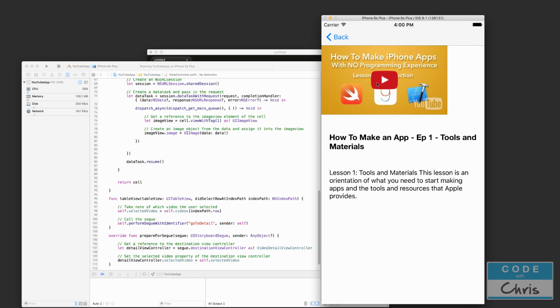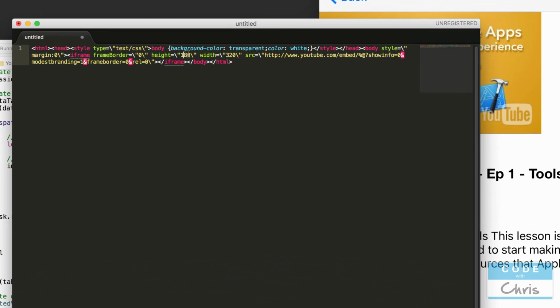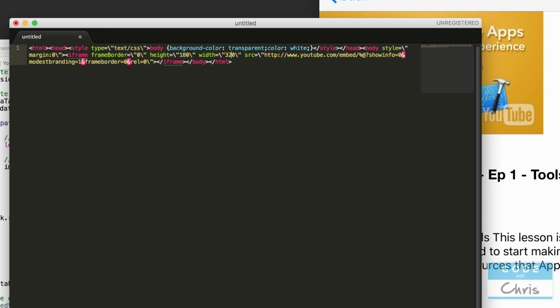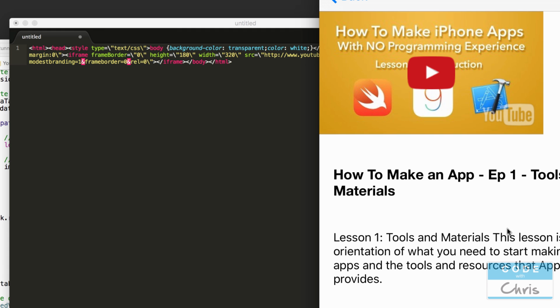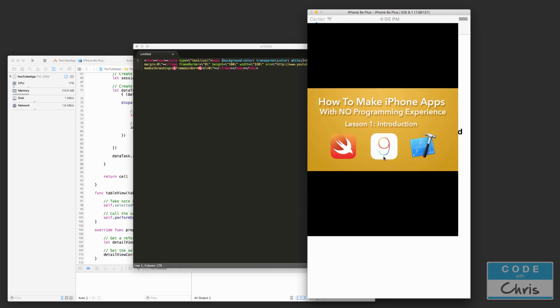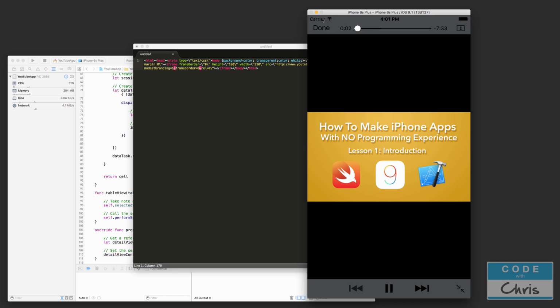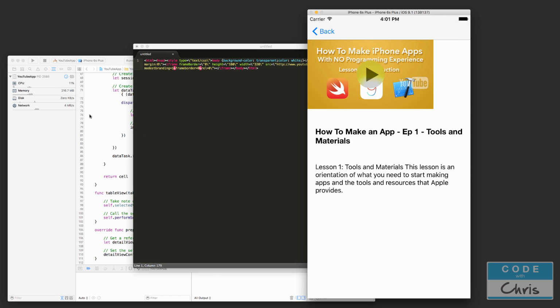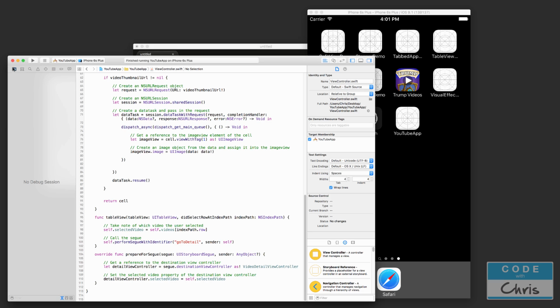Now you can see our video has loaded, but it's not really taking up the whole view because the height and width, as we can see in this string, is 180 and 320 there. So we're going to fix that, but let's just see if it plays. Okay, so that's pretty cool. That works. Now let's go back into our code,